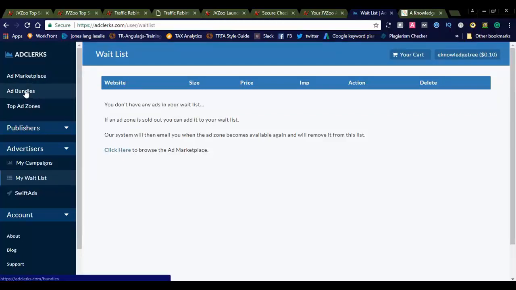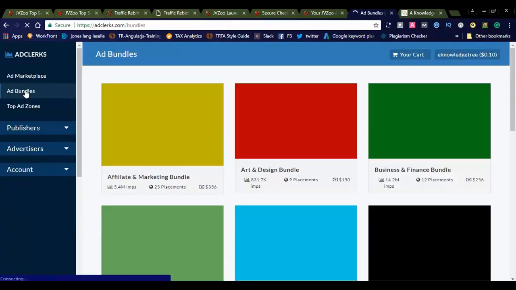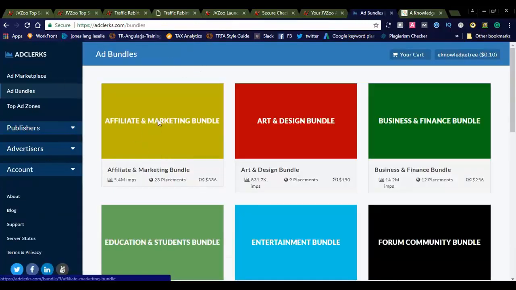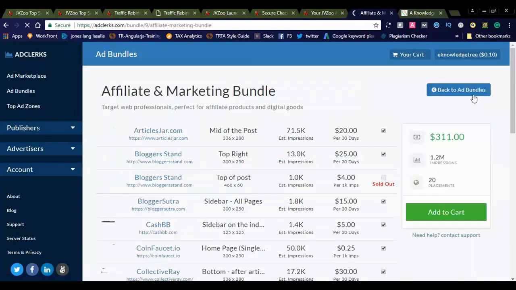You can see they are also offering ad bundles. You can simply go for ad bundles if you want to invest. If you want to get millions of impressions, you can see here there is a bundle of websites, an affiliate and marketing bundle. By simply clicking on this, you can see if you spend $311, you will get 1.2 million impressions,